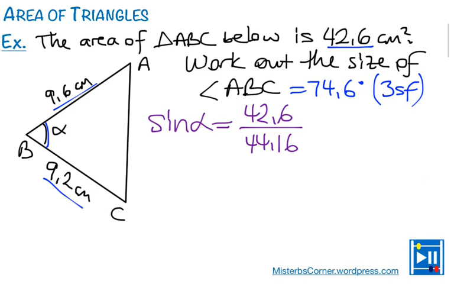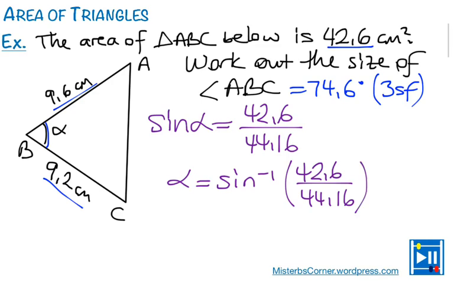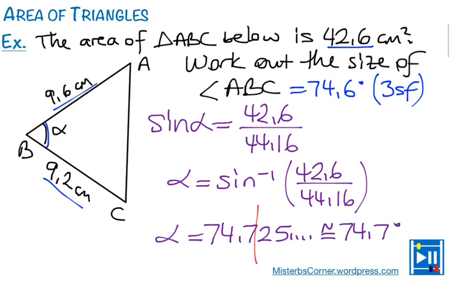Now I can write alpha equals sine inverse of this fraction here, right? And I'm going to get alpha to be 74.725 and so on. And if I want to write it into three significant figures, then I'm going to end up with 74.7 degrees. Now you can see that the last answer I find here is more accurate because I didn't round